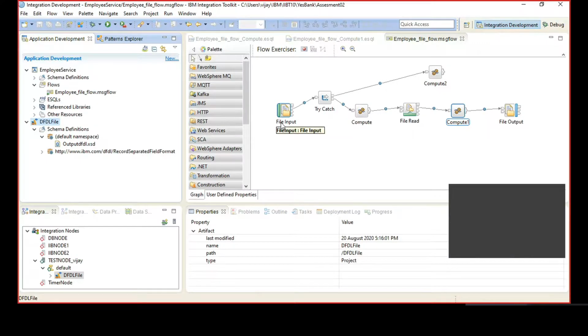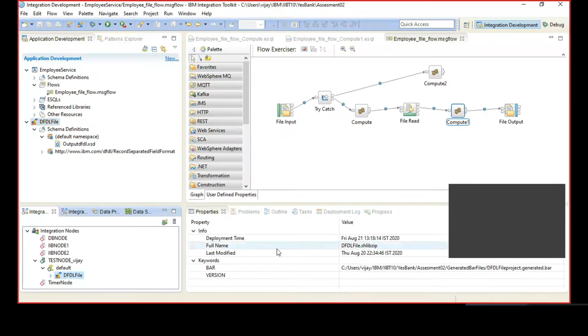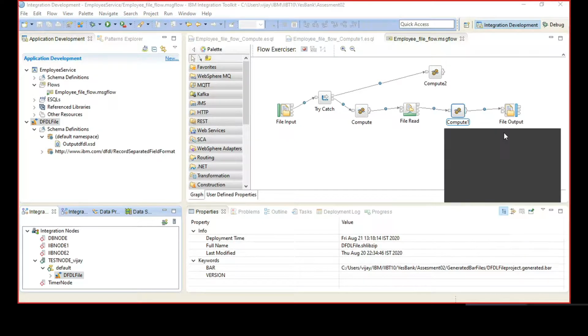No, not there. In the deployed location, execution group, integration server. Okay. In the integration server, click on the DFTL. Now, what do you see? What was the last time it was deployed? It's 6 o'clock, 14 minutes, or 1 o'clock, 18 minutes. So what's happening is we are making changes to the XSD, but the changes are not getting deployed to the integration server.